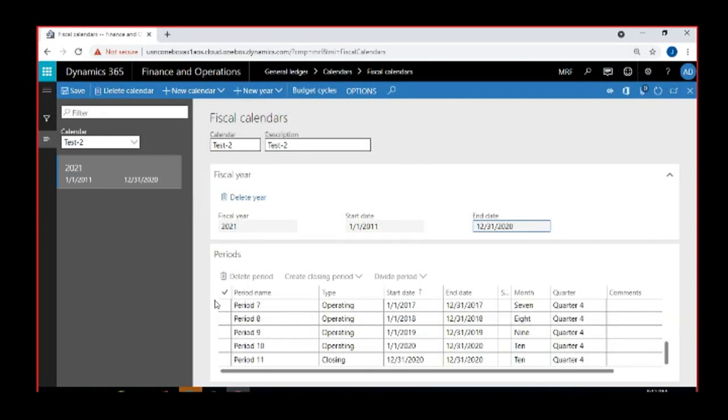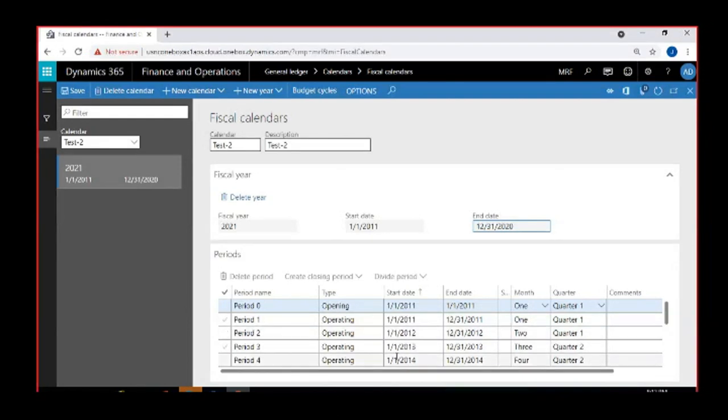But to avoid running the year-end closure process 10 times, since it is past data only, you will bring rough data only. You don't bring each and every transaction. You just bring the account balance. So for that purpose, they will create a calendar for 10 years at a time, so that they can post whatever transactions they want for that period and run the year-end closure just a single time. So that's one method